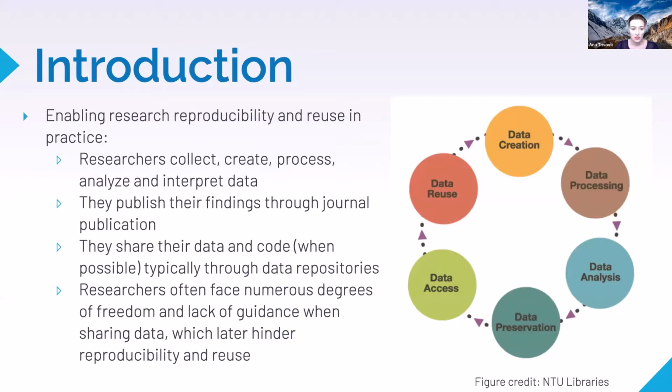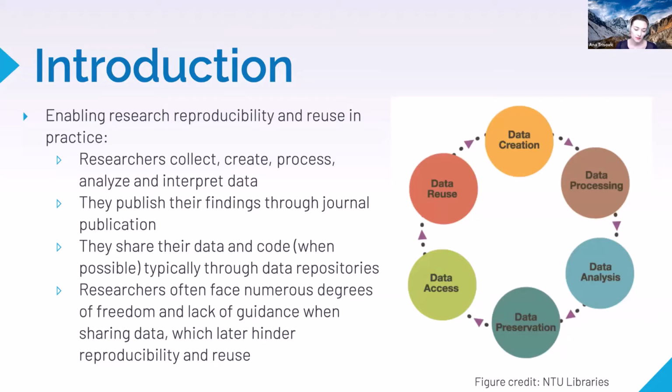The first step of research is, of course, a research question, and we collect data, and maybe we buy data, or we generate data. Then we conduct the data analysis, find the best methodology, process this data, and then interpret the results. After this part is done, researchers typically publish their findings through a journal publication. After that, it is important that these data sets stay active, potentially accessible, if that's possible, and preserved.